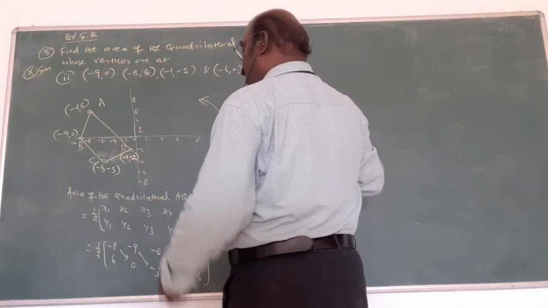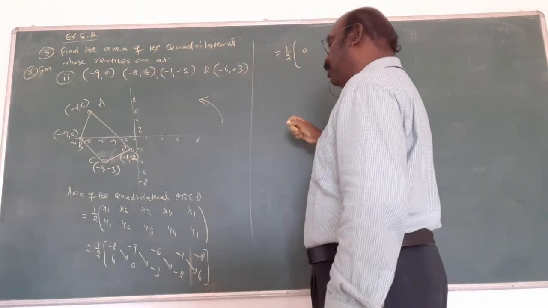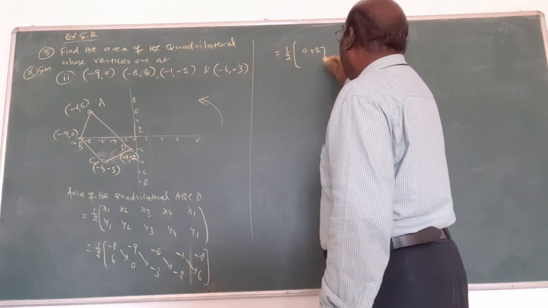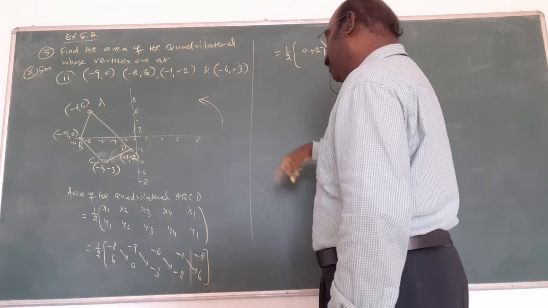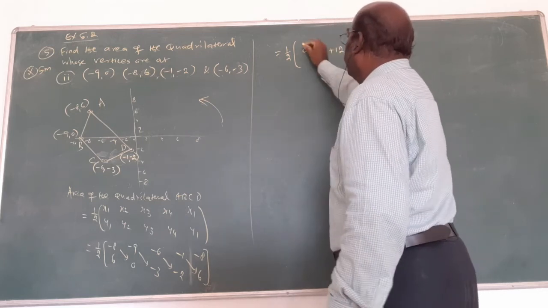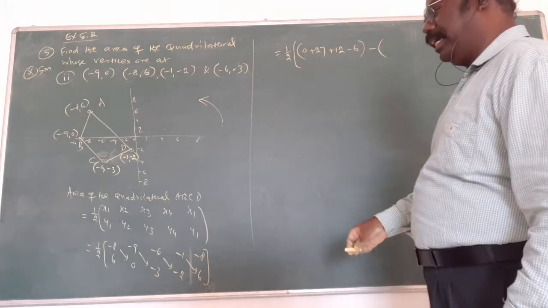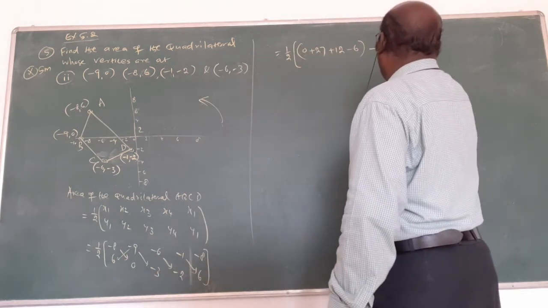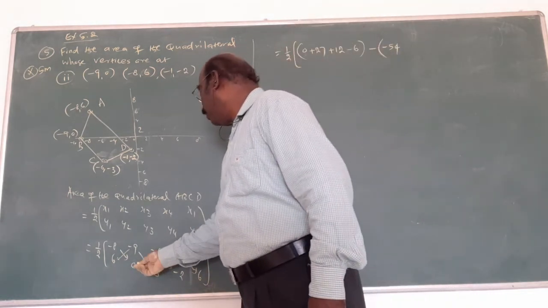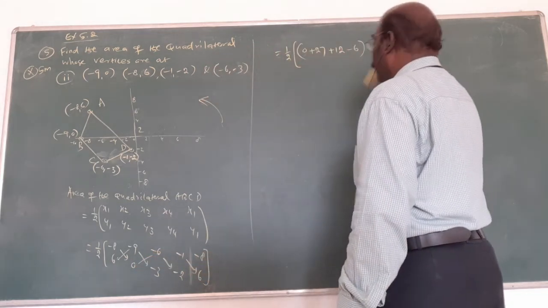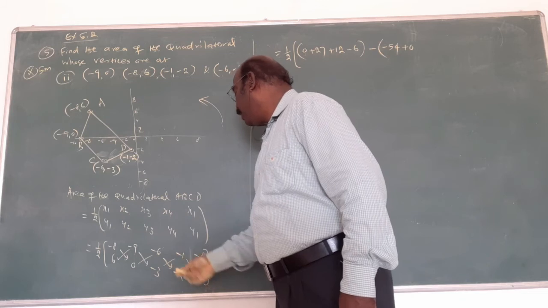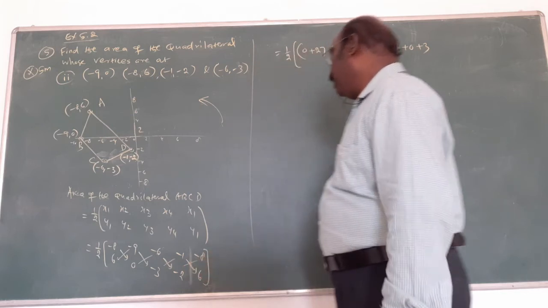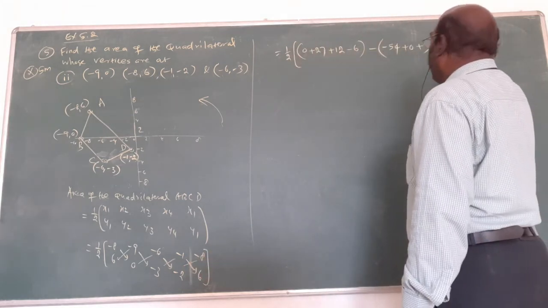Now write the first one: minus 8 into 0 is 0, minus 0, minus plus 27. Next, minus by plus 12. Next, minus into minus 1 times 6, minus 6. Minus. Next, minus 9 into 6, minus 54. Minus 6 into 0, 0. Then minus into minus plus, 1 times 3 is 3. Again, minus into minus plus, 8 times 2 is 16.